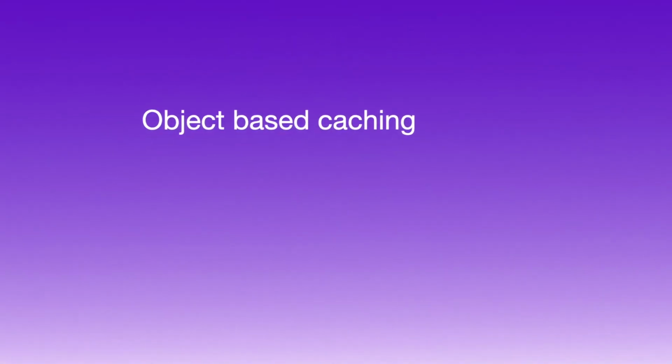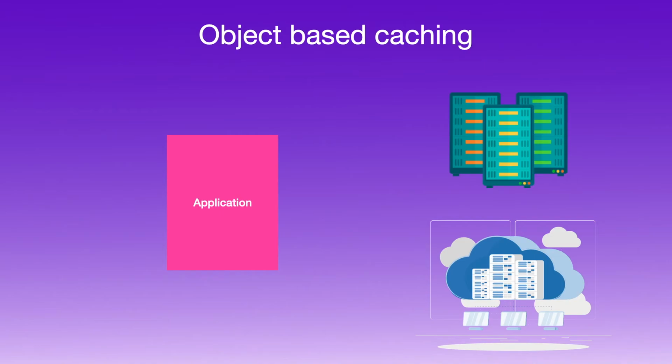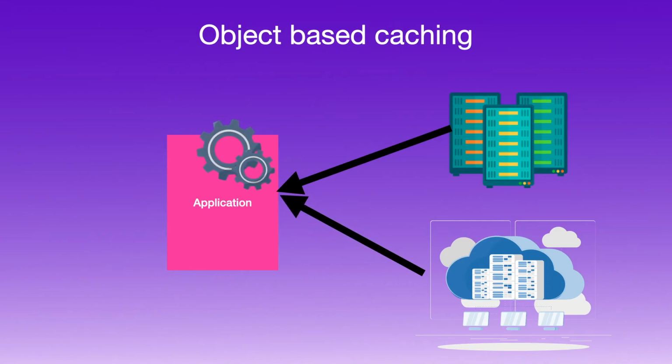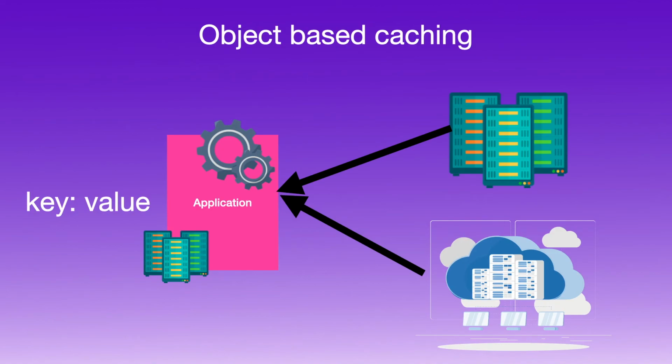Now let's explore what is object-based caching. Such caching is generally used to store the computed data in a key value pair. So let's assume that we have an application server that is getting the data from the database or any downstream services and performing a lot of computation on top of that to come up with a computed object. We can store that processed data on the application layer in a key value form, so that instead of recalculating the data again and again, we can directly fetch the data from the cache and respond to our request in a much faster way.